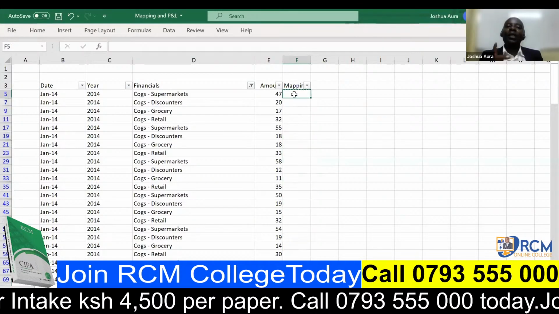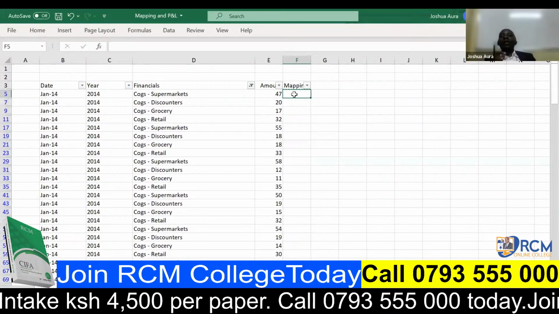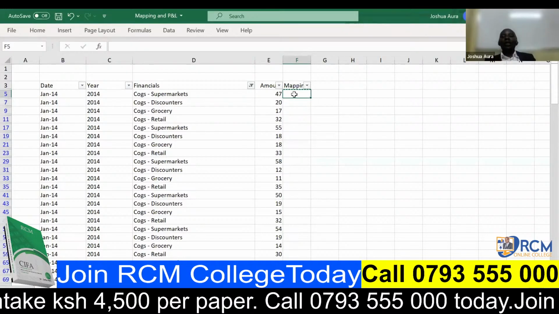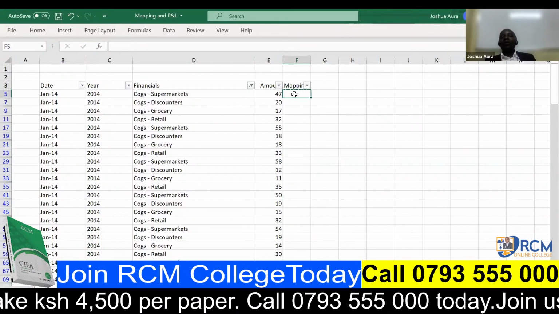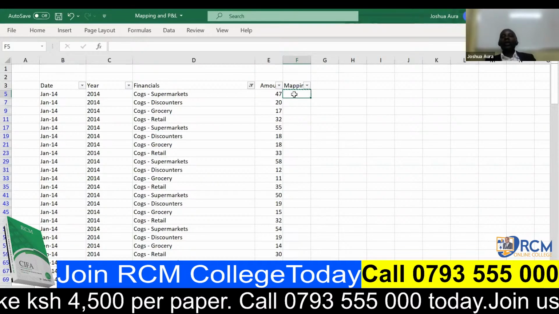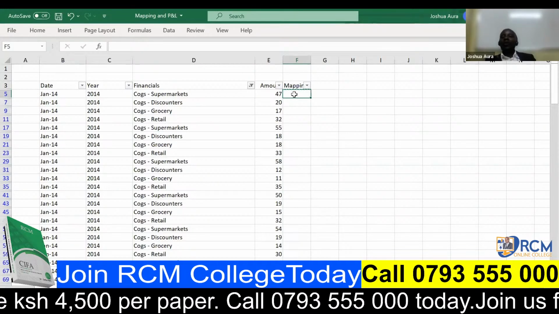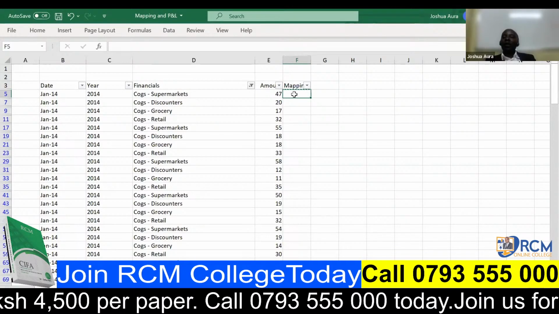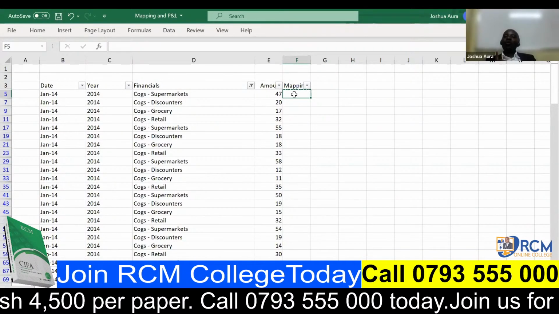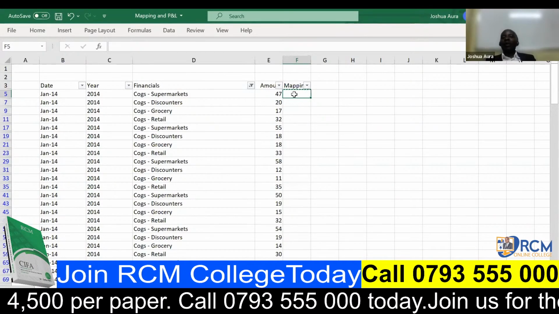International Financial Reporting Standards can never allow you to use these acronyms. As accountants in our organizations, you can use them, but for financial reporting, we know that COGS has to be written in full. So when I map these things to a better basket, I'm taking them to a better basket known as